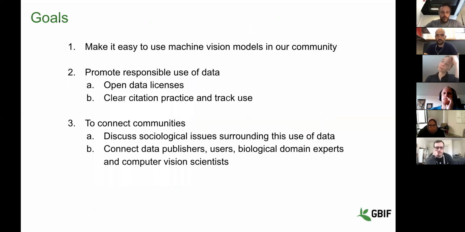When we talked to GBIF, we said, we really enjoyed working with the Cornell Lab of O to make Merlin and California Academy of Sciences for the iNaturalist app, but our small academic team can't scale like that. We can't send one of our PhD students to all these different institutions that would like this kind of functionality. So let's work together in some way and figure out how to take this tech stack and expertise and bring it to lots of different communities. GBIF was very interested in doing this.